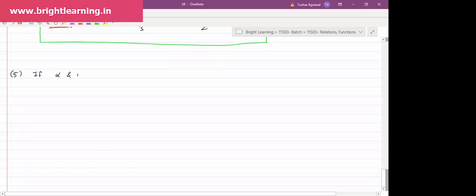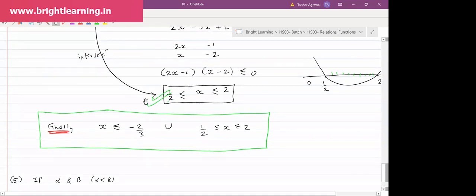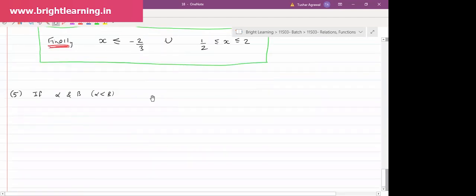If alpha is less than beta, are roots of x square plus bx plus c equal to 0, where this condition is given to you, then